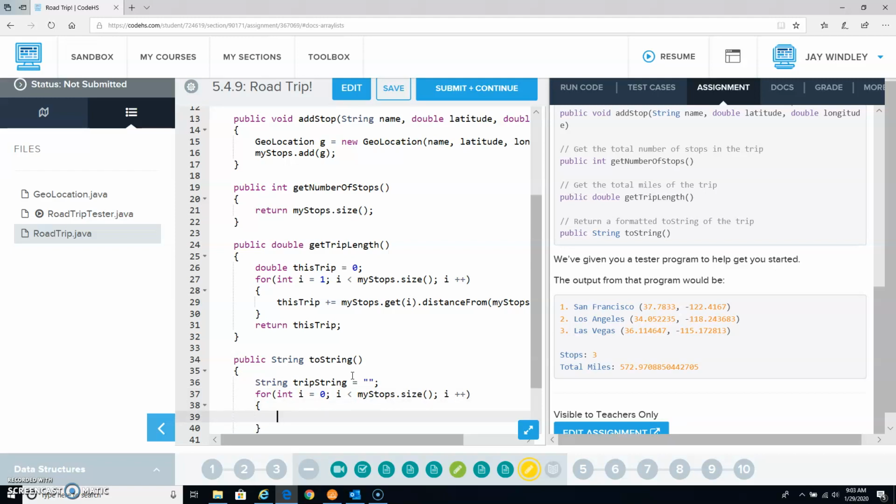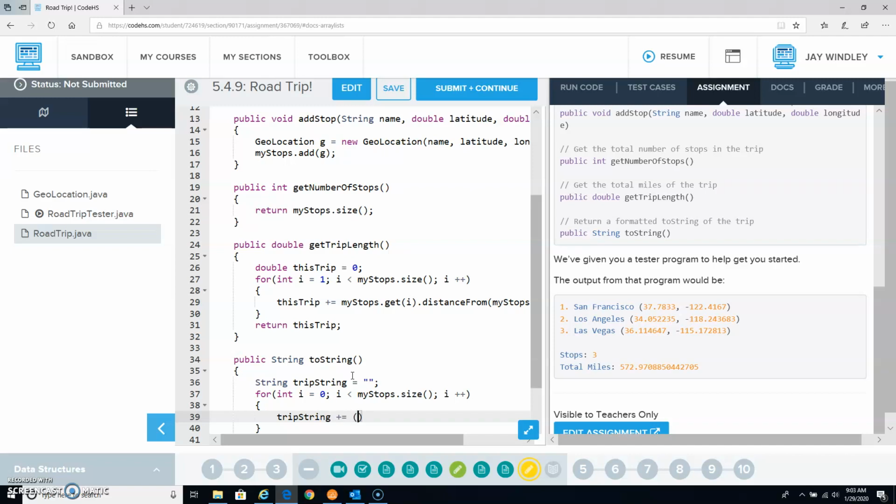Okay, so what do I want to do for the trip string? I want the trip string to equal